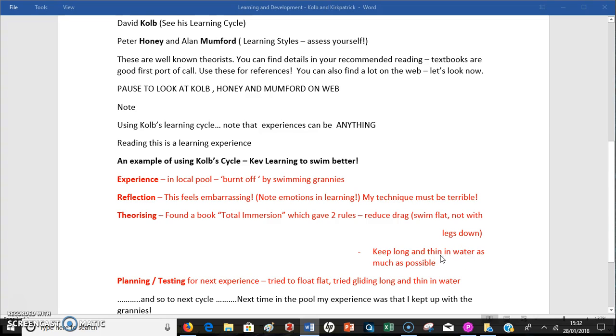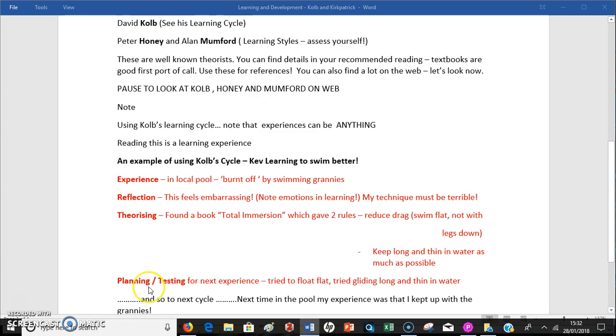Again, this was to use less energy, really. And it was also good to reduce drag. And if you think about a long, thin ship versus a squat tug, the long, thin ship goes faster. So this was some of the theory. If you could do these, these are kind of rules, then maybe you'd swim faster and better.